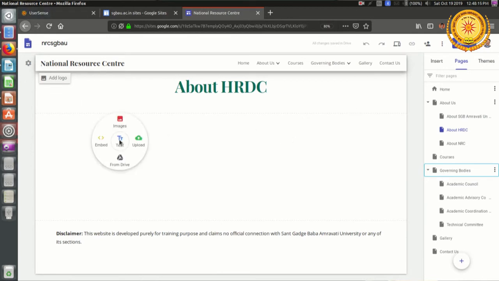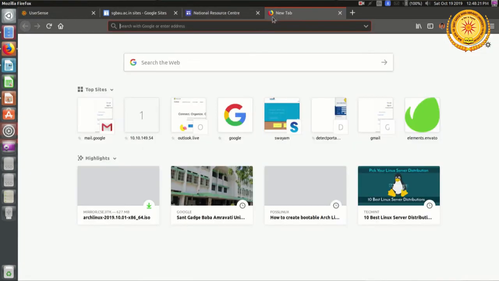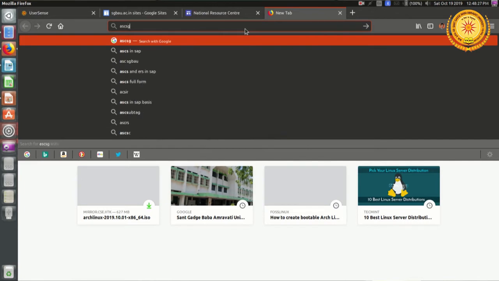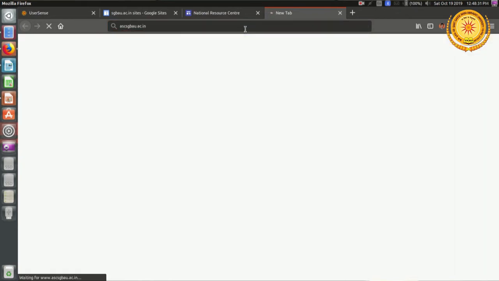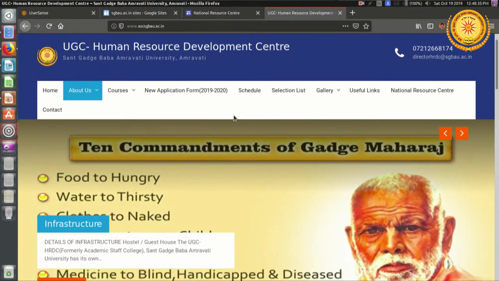So double click, insert a text box. Again I will take the information from our HRDC home page, and the address of our website is ascsgbau.ac.in. I am taking these contents from the other website because those websites belong to us only.